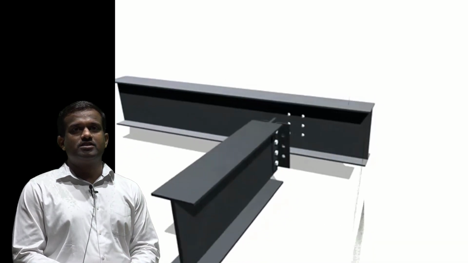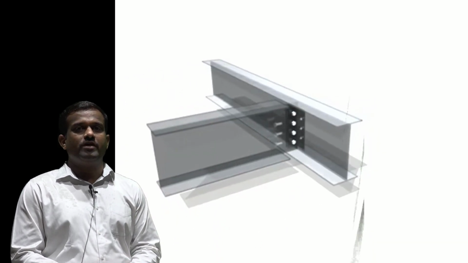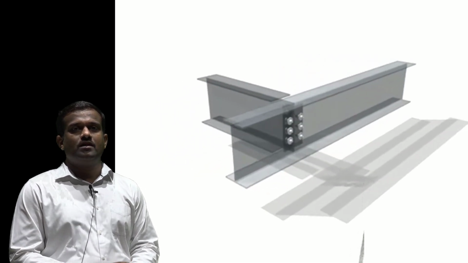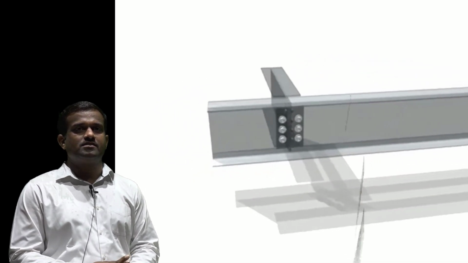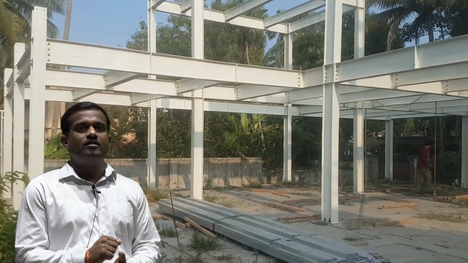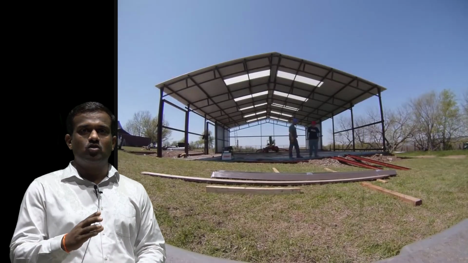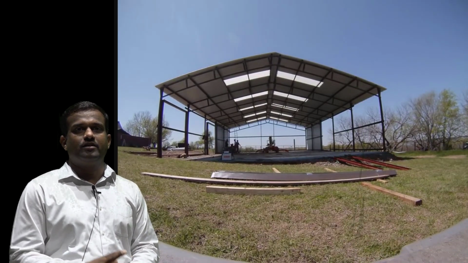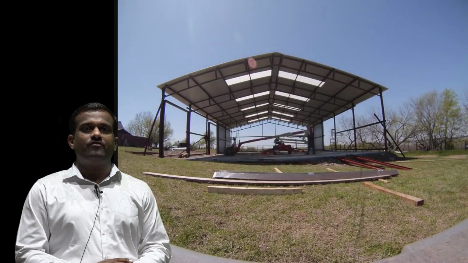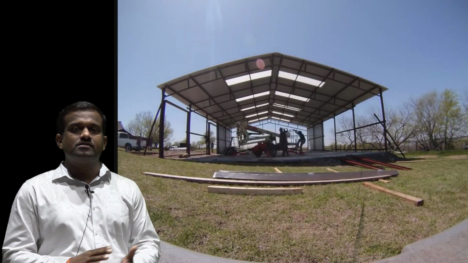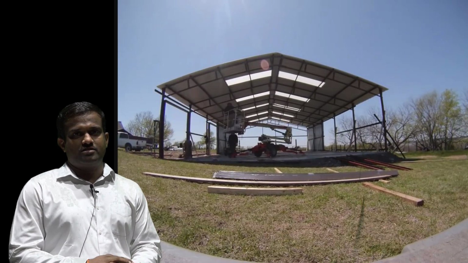Today we will see the connections and their types, which is a topic from Structural Design 1, that is design of steel structures. As we know, the demand for steel structures is increasing day by day. Steel structures such as industrial sheds, multi-storied buildings, roof trusses for cinema halls, roof trusses for factories, roof trusses to cover the platform at railway stations, and transmission line towers. These are some examples of steel structures.